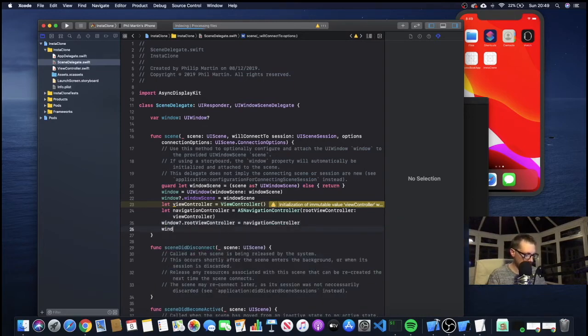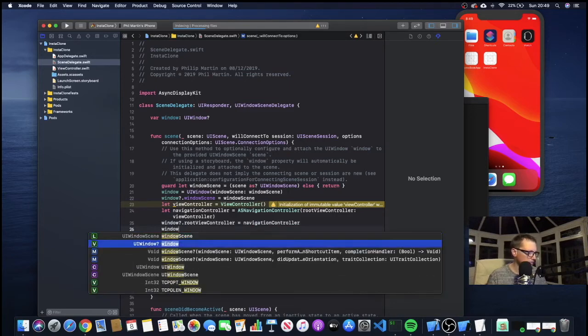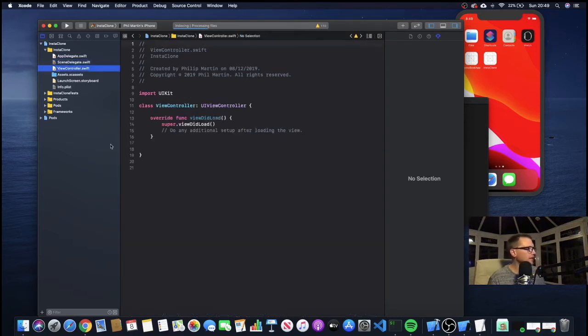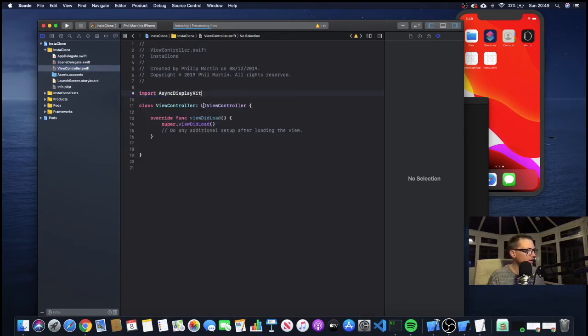and then window.makeKeyAndVisible, and that's that done. Then in our view controller we need to import AsyncDisplayKit and make this of type ASViewController,